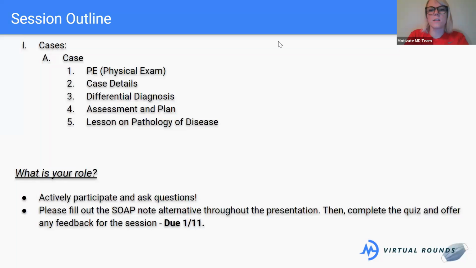Okay, so here's the session outline. Basically we'll go through a case, we'll talk about the physical exam, we'll talk about case details, and we'll go through and brainstorm a differential diagnosis, much as we had last week when we had our patient actor,